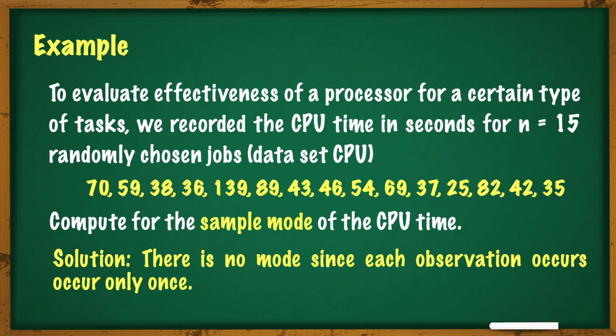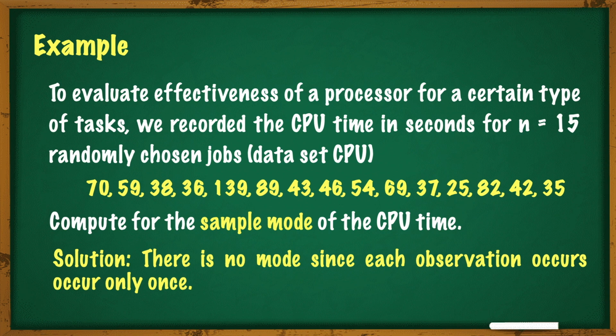Another example is the CPU time in seconds for 15 randomly chosen jobs. With this data set, we compute for the sample mode. To solve this, there is no mode at all since each observation occurs only once, or each observation has